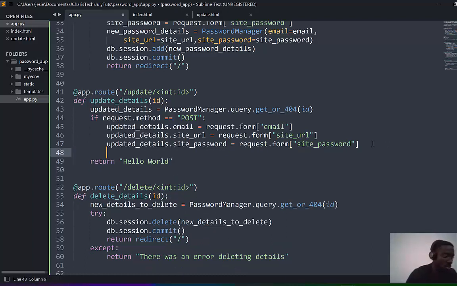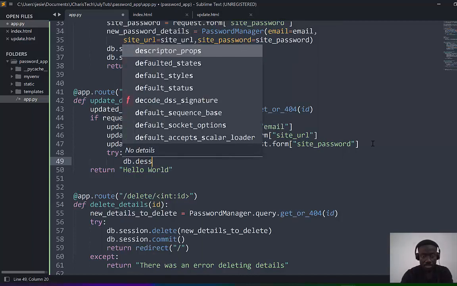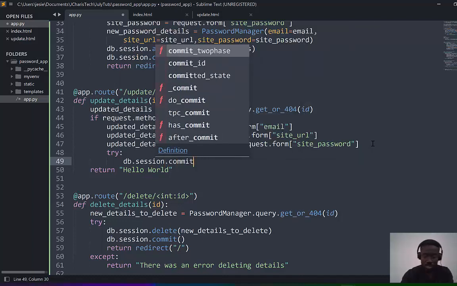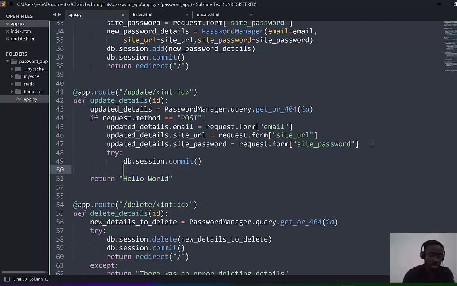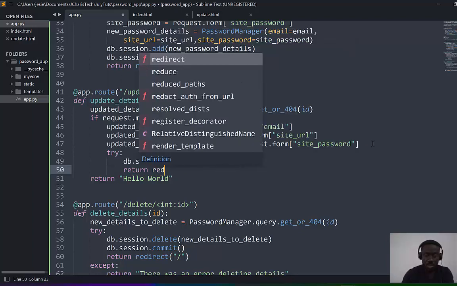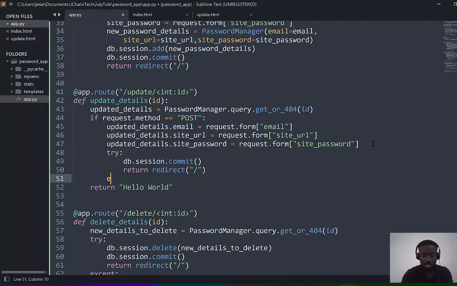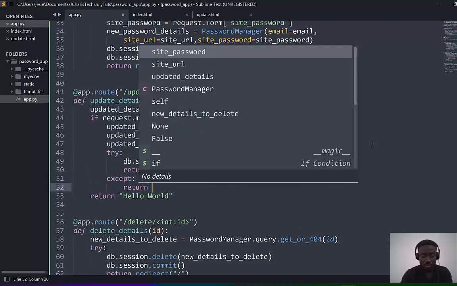So once we are done with that, we can now commit it. So we can say, okay, if everything is done, I want you to do a try. You can just go without a try, except, right? I just say db.session.commit. We don't need to add anymore, we are just committing because the change has been made. And if there's no error, I want you to redirect us back to the main page. Else, if there's an error, except, I want you to tell me the error, so return